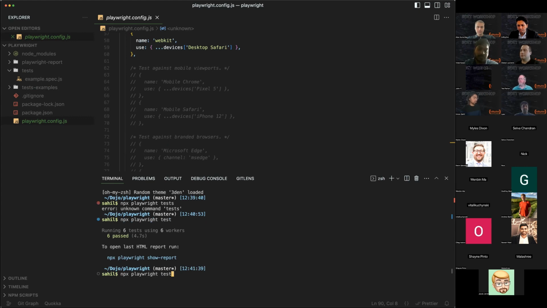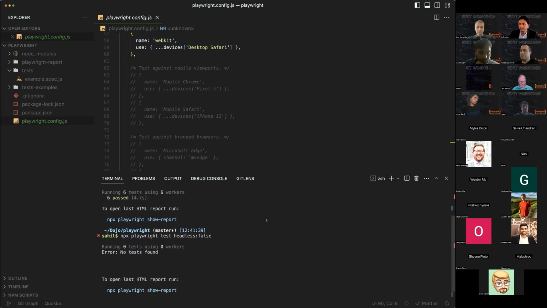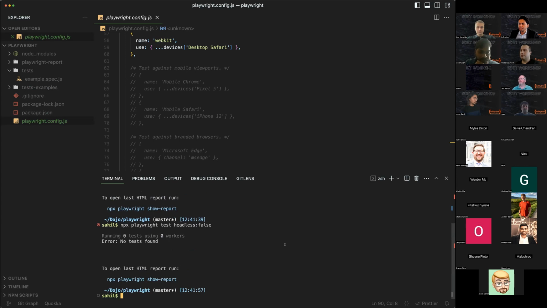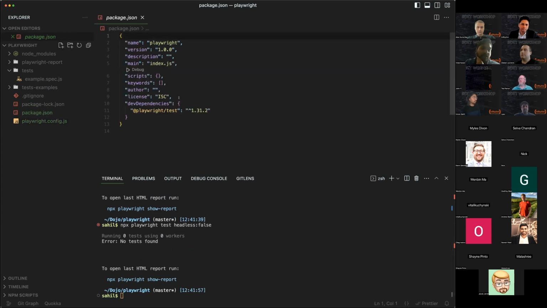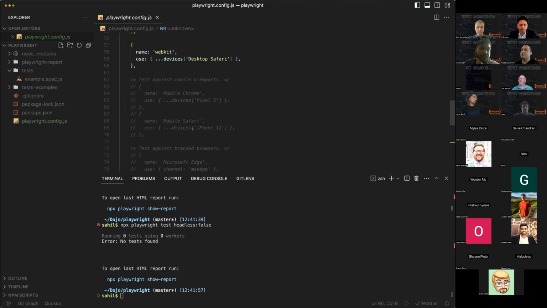I think after that you just type space headless colon false. All right, headless colon false, npx playwright test headless false. Mm-hmm. Okay. Oh, that wasn't right. Yeah. Check inside the config. I think the config has to be headless at the top.